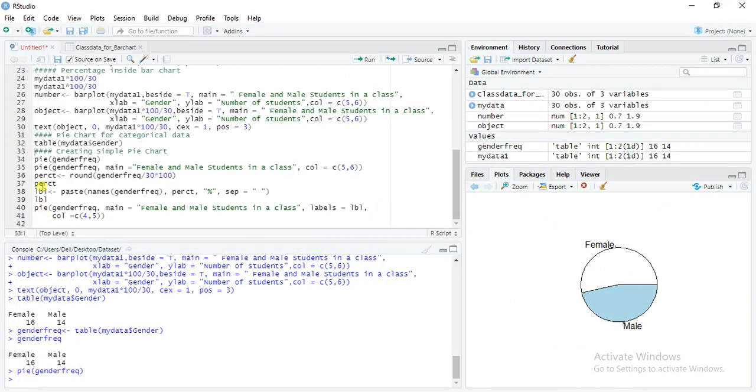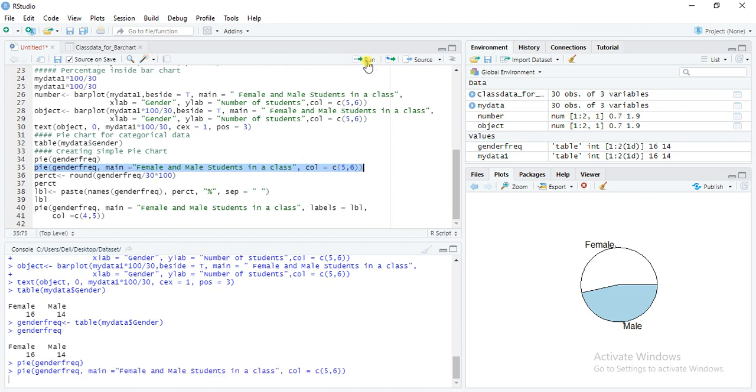Now after the pie chart, I want to show my data. I want to give the name or title of this particular graph. So here pie, gender frequency, main: female and male student data in a class, and color scheme C56.